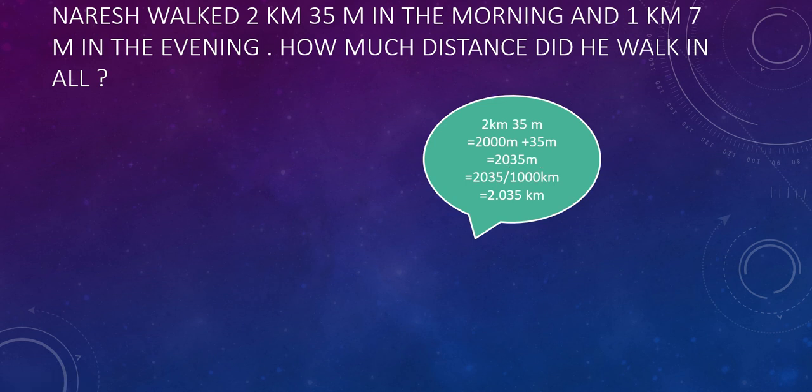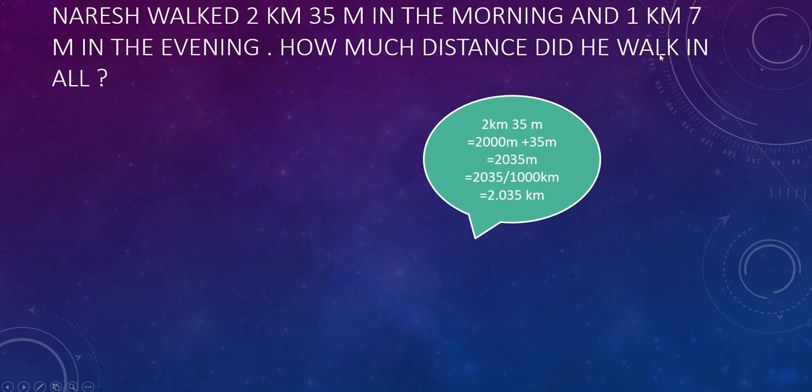But I want the answer in a bigger unit. Out of kilometer and meter, which one is the bigger unit? Of course, kilometer. So whenever you are coming to a bigger unit, you have to divide that number. But this time I am dividing by 1000 because 1 kilometer is equal to 1000 meter. We are coming back from meter to kilometer. So I am dividing this number by 1000. So I will get 2.035 because there are 3 zeros in the denominator. So I need 3 decimal places in this number.